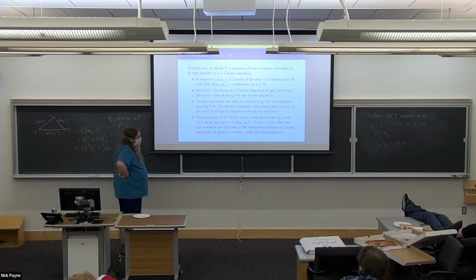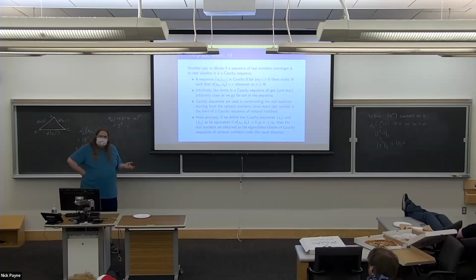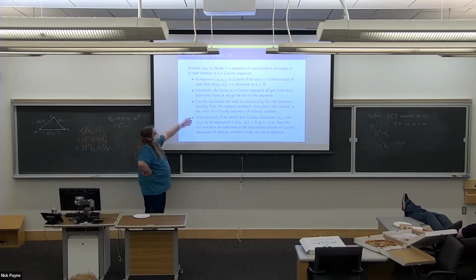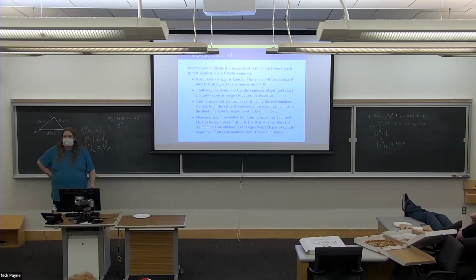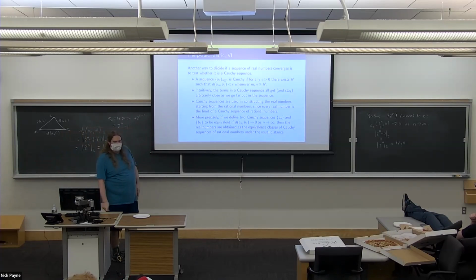And the reason that this is so useful, one of the standard things you do with sequences of real numbers is prove that these are equivalent. A sequence converges to a limit L if and only if it's a Cauchy sequence. But the reason that having this Cauchy condition is so much more useful if you're trying to prove things about convergence is that you don't need to know what the limit is. You just have to know that the terms get really close to each other. You have to be able to estimate how far away the terms are from each other. It's sort of intrinsic rather than knowing what the limit is ahead of time.